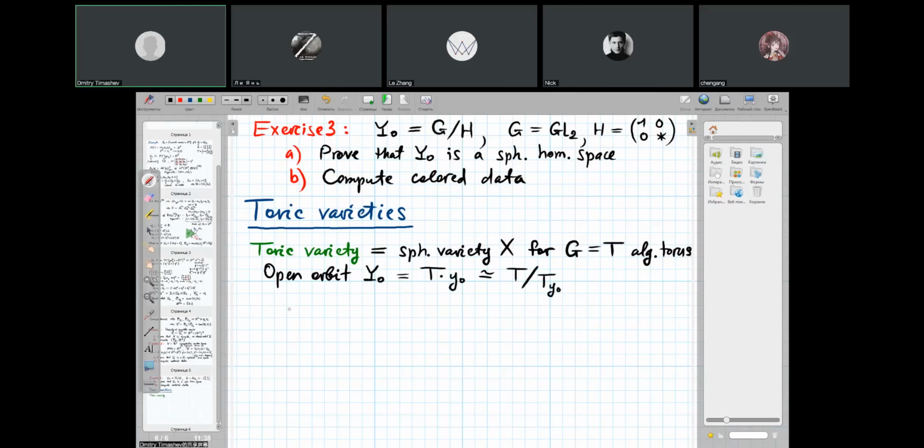But since T is abelian, an algebraic torus is an abelian group, this stabilizer acts trivially on the variety X,